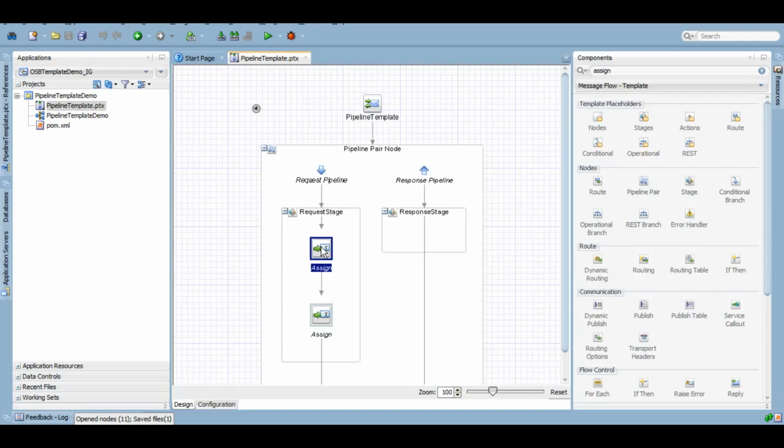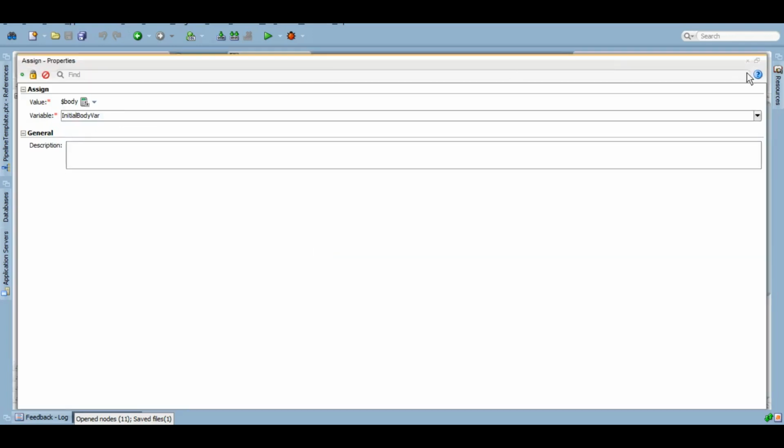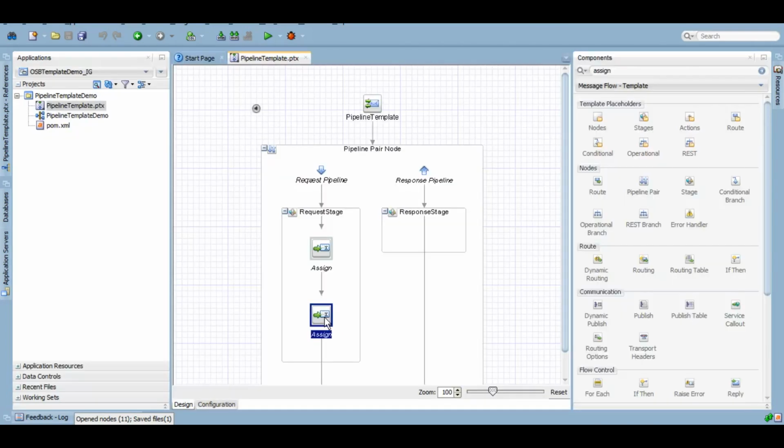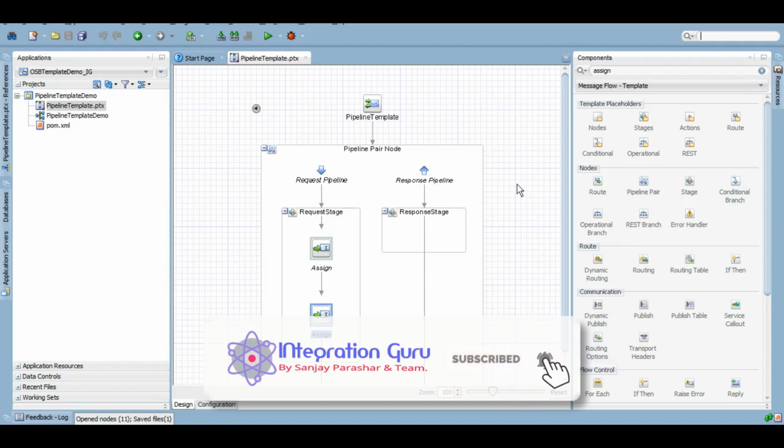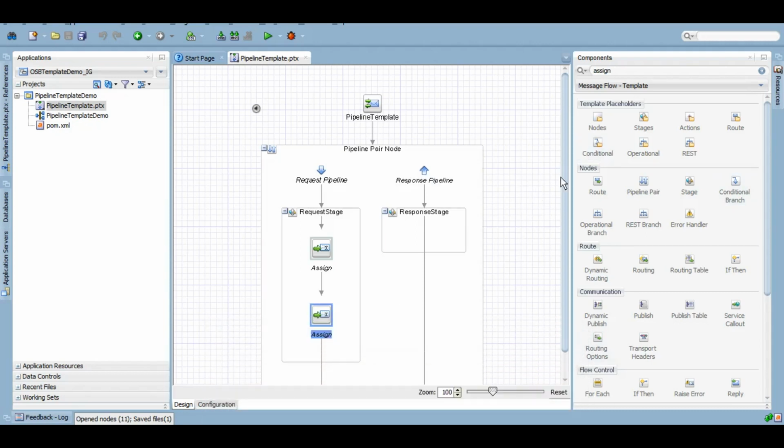One, this lock icon is locked, and one, this lock icon is unlocked, so that you guys can see how it will differentiate. And just to show you how these templates would work, let me add a placeholder of actions to our response stage, because if I don't do that, it will not allow to add any actions here. Similarly, if I want to add any action on the request apart from these two, let me add a placeholder of actions here also.